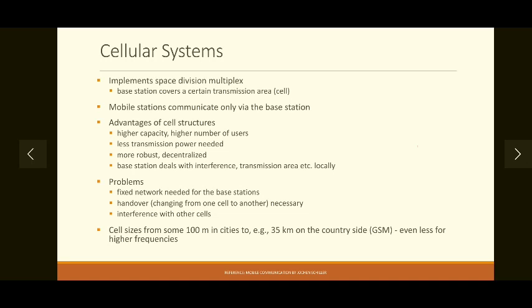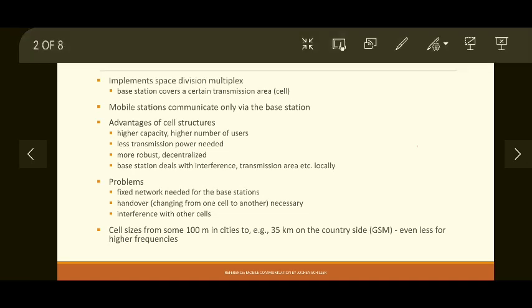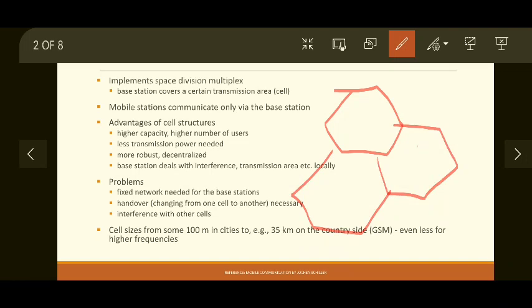Then since we are dividing the entire region into different cells, let's take an example of 3 cells. Each cell is associated with a base station, that is our provider of a communication channel. Now all these cells are part of a single region, let's say for example Mumbai. So people move from one smaller region to another region. So all these base stations need to communicate with each other to provide services to this particular user.